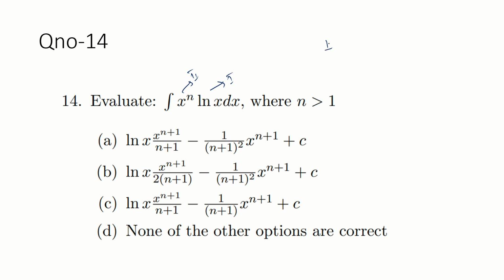What we know is: first into integration of second, minus the whole integration of differentiation of first into integration of second. This is a basic definition of integration by parts, whenever we encounter the multiplication rule in integration. So this is the formula to solve by parts. Just put it here and nothing else. So what we have, in the question itself, that is